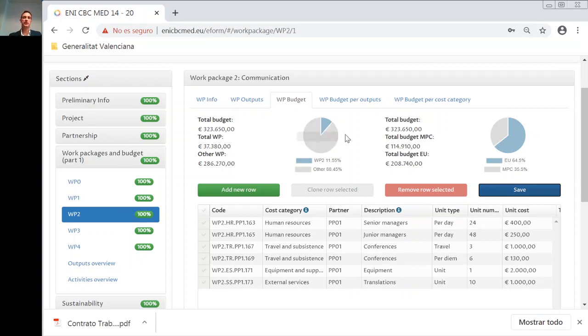Now you can see that the figure on the left side and on the above part of your screen has changed, and Work Package 2 is now 11.55% of the total budget. So Work Package 2 is done. We will have a look at Work Package 1